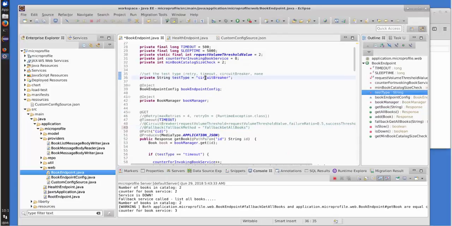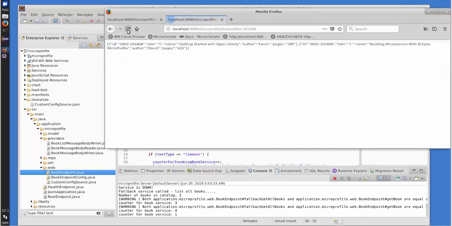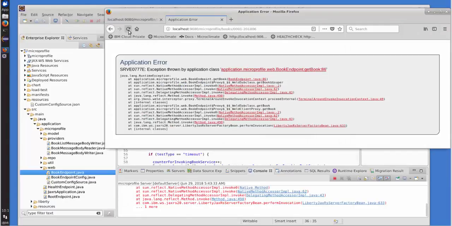So the next test I want to do is a circuit breaker test. Circuit breaker is interesting in that it gives us the capability to not call a microservice if we know there's a high chance that it's not going to succeed. In other words, we have a microservice that we know is not responding. Instead of just continuing to call a microservice, let's just open the circuit and not call it until some predetermined time in the future. So in the circuit breaker scenario, we have a case where the microservice sometimes works and